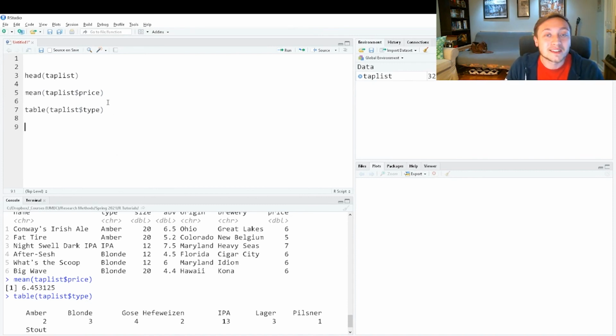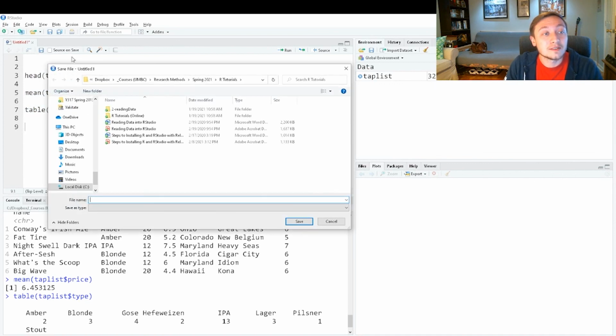But before I do that, the last thing I want you to be very reflexive about is that I'm going to be saving my work here in this little worksheet. You can see here that this thing is called Untitled1. Think about this like a Word document. You basically have a Word document with all your commands in here. You're going to want to save that document by clicking this little save icon. You're going to save that thing in whichever folder is the one you're using,